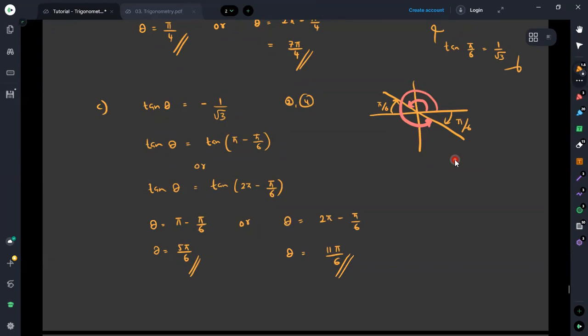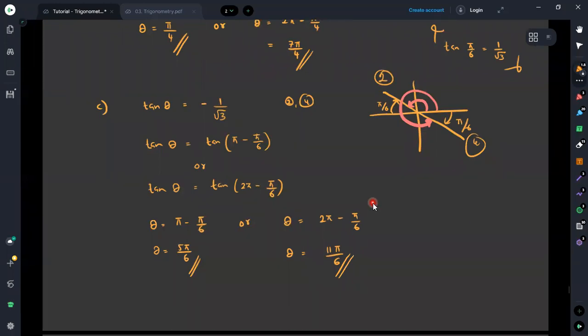Since it is in the second and the fourth quadrant, we first identified that tan theta will have negative values. That is why we first identified the associate acute angle for 1 over root 3, and this negative sign was decided based on the quadrant. It is the second and fourth quadrant since it is tangent. That is why we identify the associate acute angle first, and thereafter write the angles in the suitable manner.